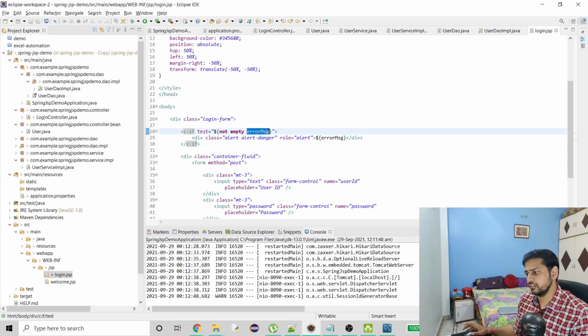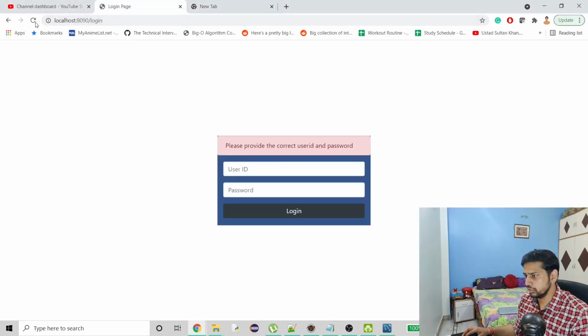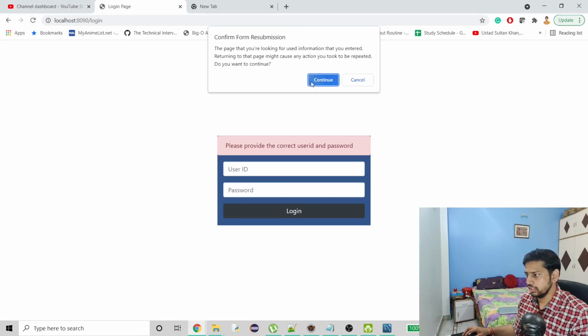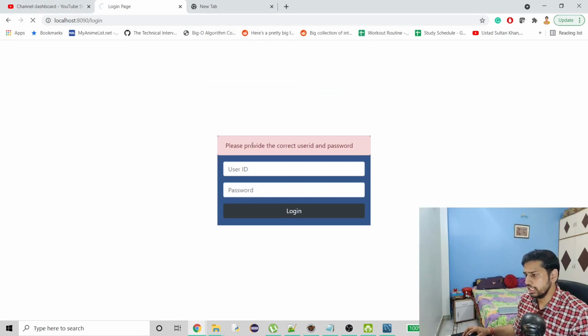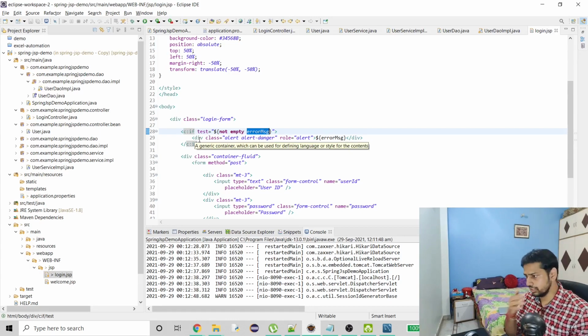But initially when you come to this login page, in case your error message is empty, even then it is going to give you this red box, not the message but the red box, and that is why I had to use this if condition, otherwise there was no need.